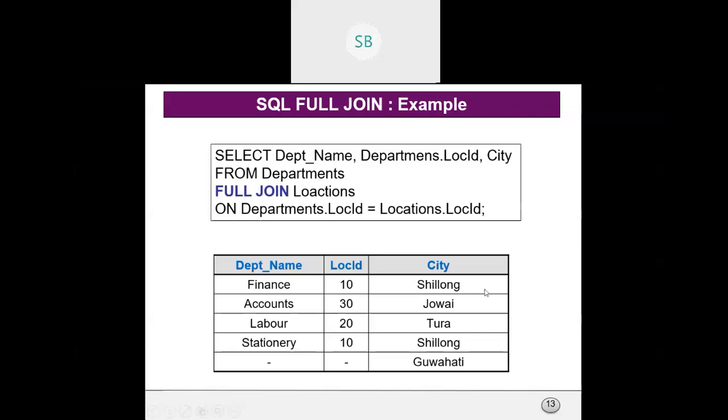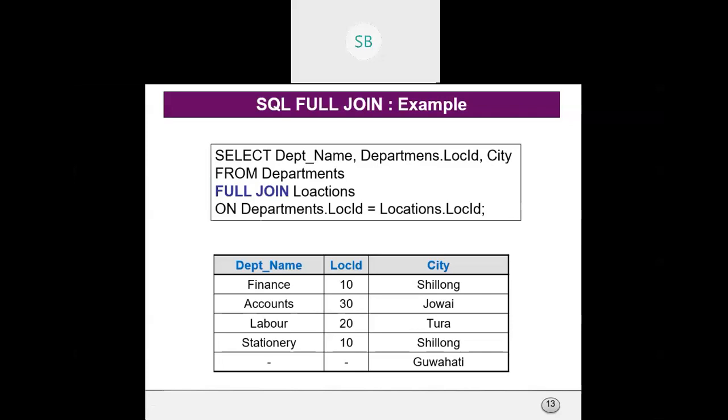But for every case this may not be the case, right? Full join clear? All the rows in the right table will appear and all the rows in the left table will also appear, irrespective of whether a matching row is there or not. So this was all about full join.